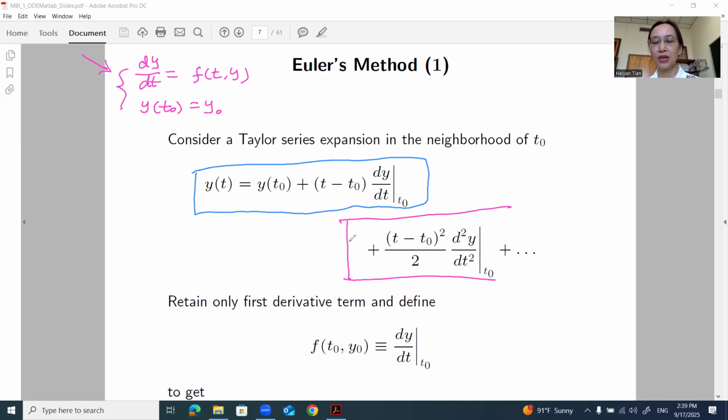So that will lead to Euler's method, because the derivative, which is given, the y prime, is simply the f. So we can put the f value here at t0, y0. So in step one,